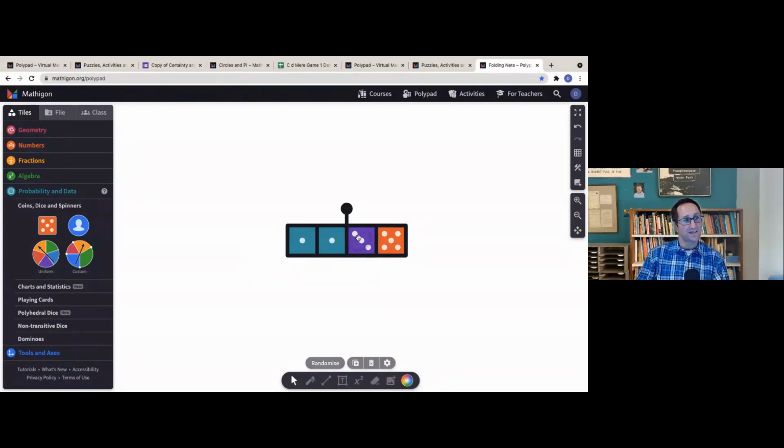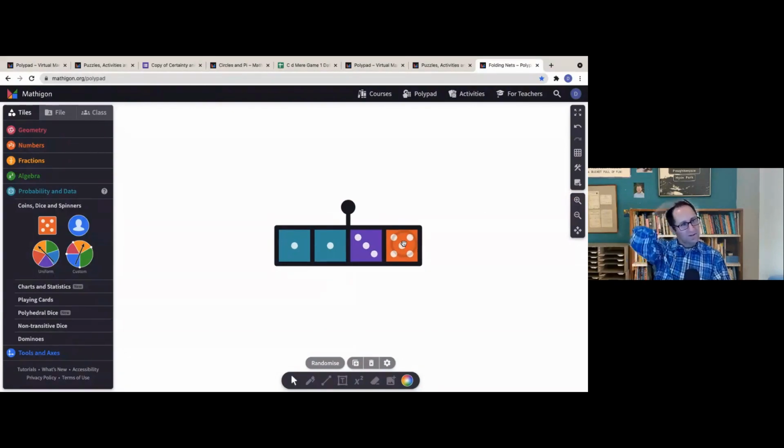So I didn't get any 6s right here. Put that in the chat. Quick guess. How many of the 6 times that I'm going to spin these 4 dice do you think I'm going to get at least 1 six? I'll give you 10 seconds to drop your prediction in the chat, or a question if you'd like to. Awesome. 2, 5, 4.